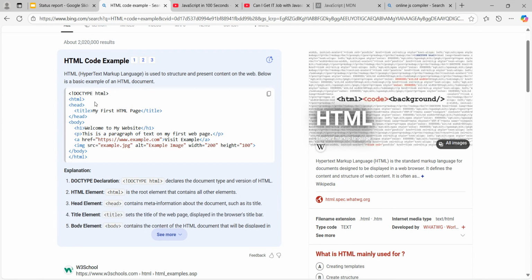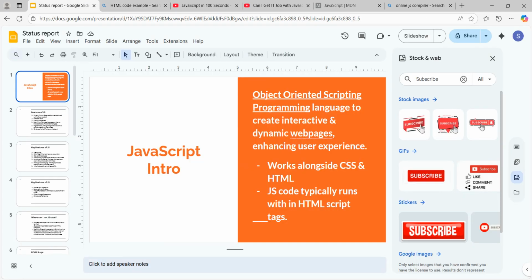Script tags, we have like here, right? These are tags right here: HTML, HTML body. So when you learn HTML, you'll start understanding what that is, right? And also, when you want to learn HTML, CSS, and